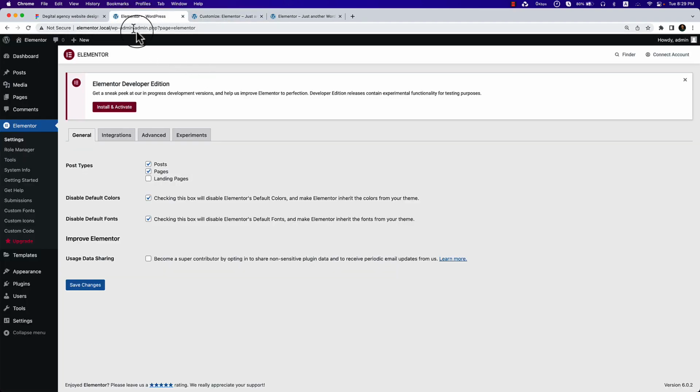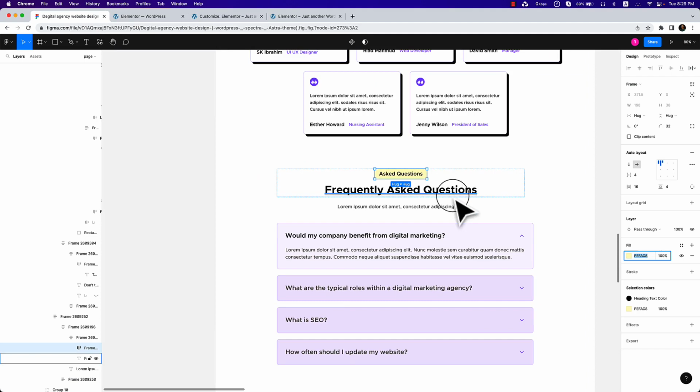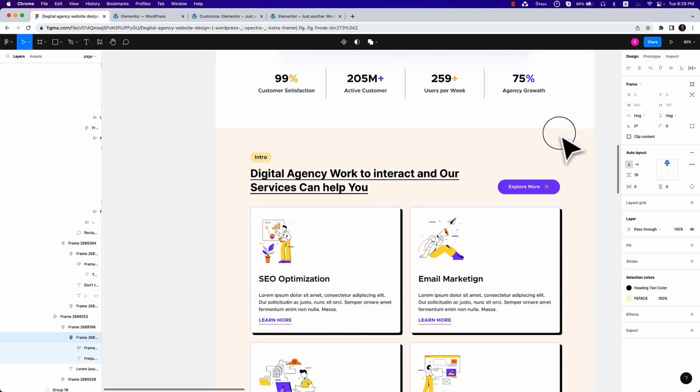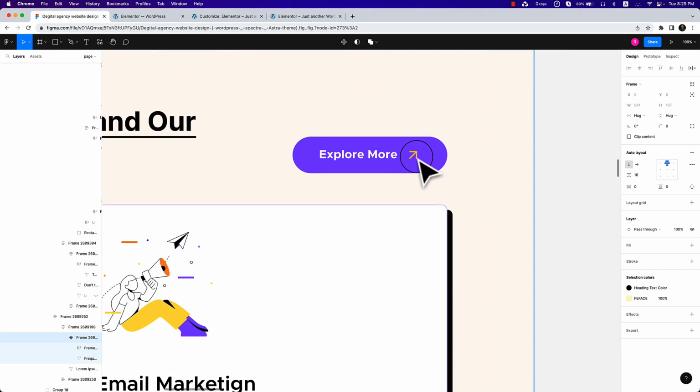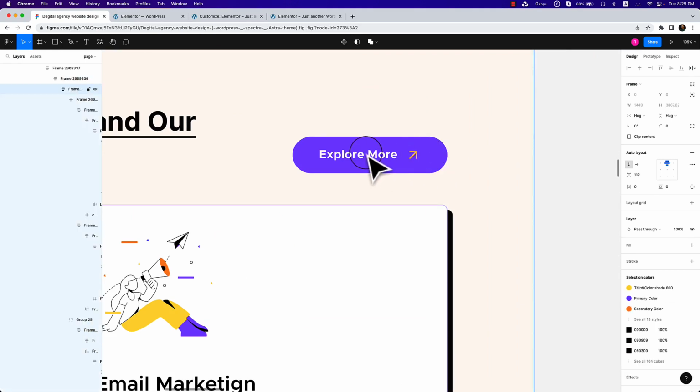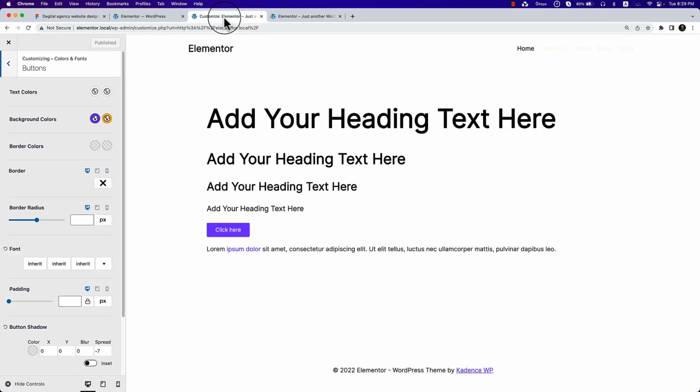The button should be, let's go to our design again. So here is the button style. It's border radius, and the font is bold, and the color is this one. So we have already added all our colors. It's now easier for us to change everything. So the border radius should be